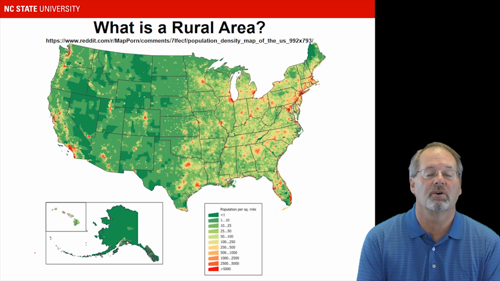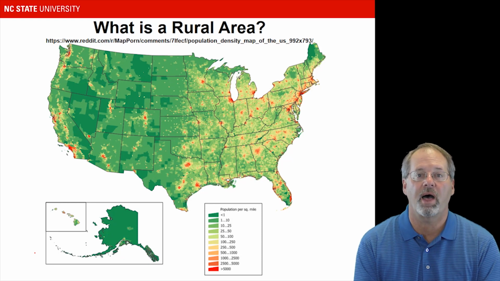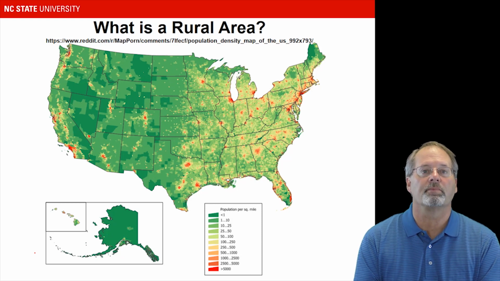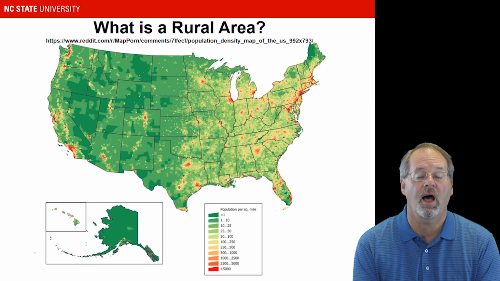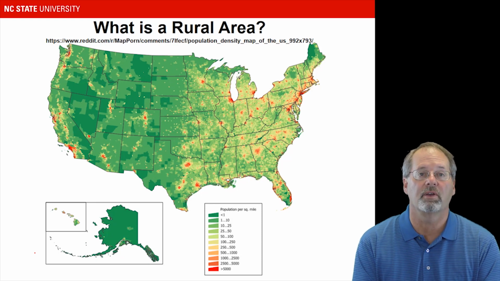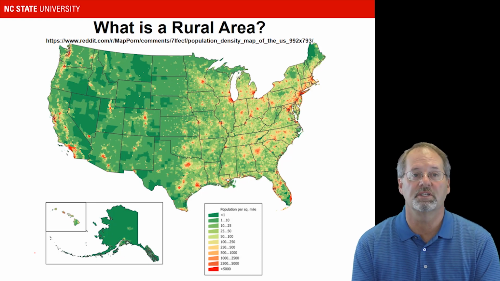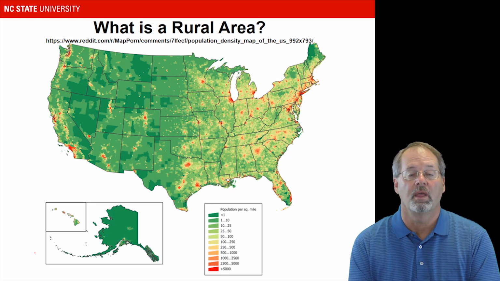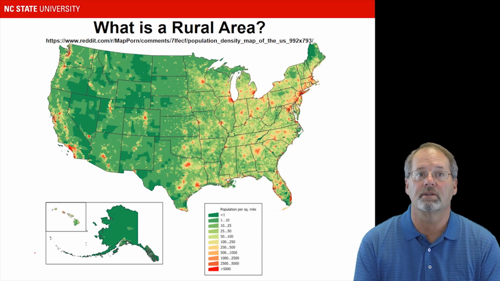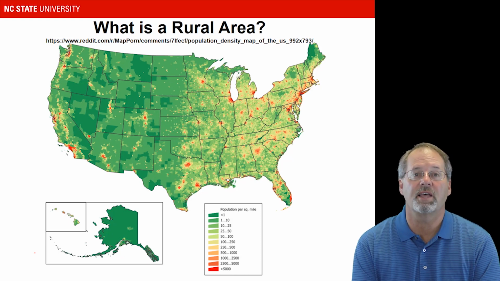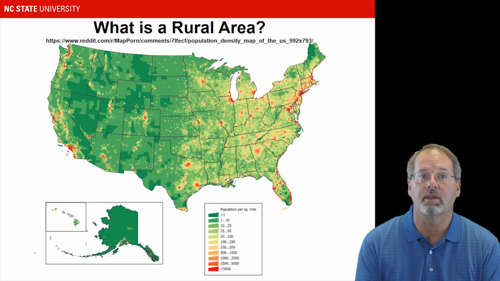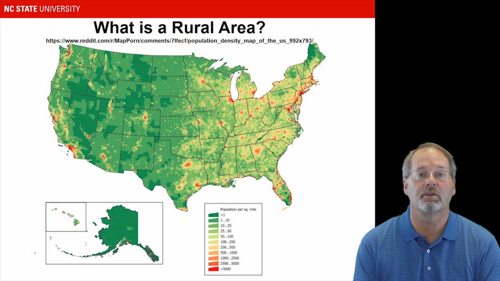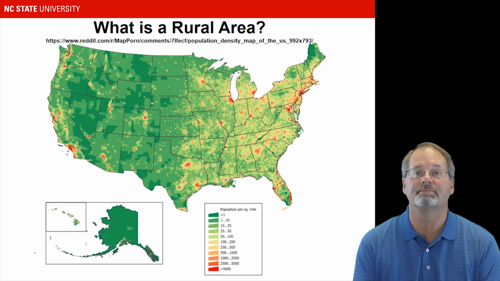When the Census Bureau does a population map, you can see that for this map, the highly populated areas are in red. So those are going to be our cities, and those are going to be our urban areas. In the map, the green and yellow are the rural areas. So you can see that the United States has a majority of rural area, and the cities are somewhat scattered about in the country.